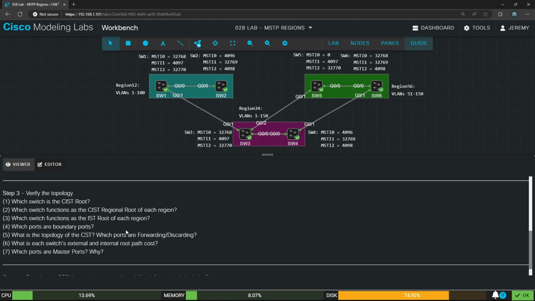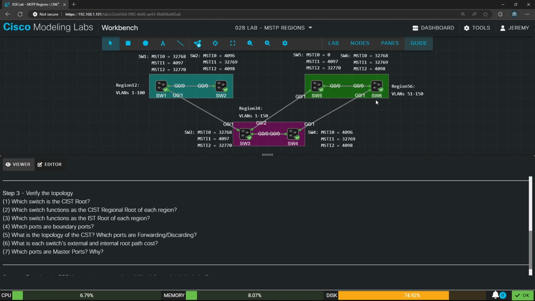Next, let's move on to question 6, which asks each switch's external and internal root path cost. The external root path cost is the switch's cost to the CIST root via the CST, not counting the cost within a particular region. So, for example, switch 5 and switch 6 should both have an external root path cost of 0. Switch 5 is the CIST root, and switch 6 is in the same region, so both have no